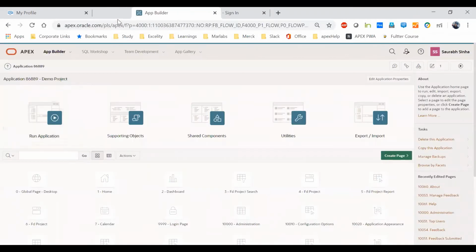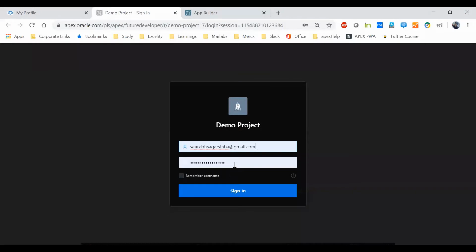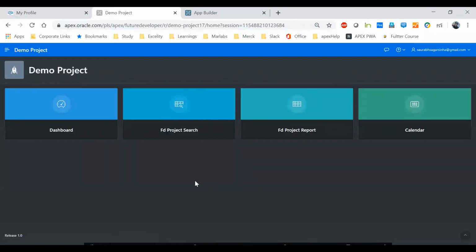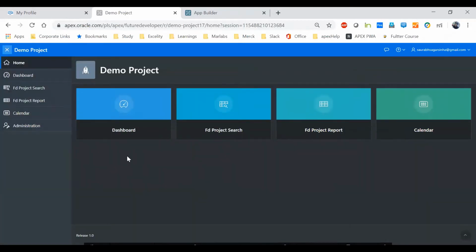Okay, fine. So I'll show you what is there in this project. Then I will show you how we can create these things. That was the automated version we did in our last session. But today I'll show you how these things got created. I'll show you the backend part of all this stuff.